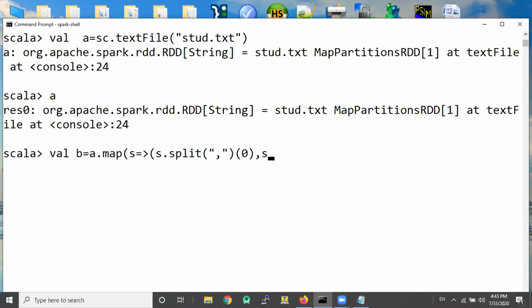We take the individual elements of the string rows and make a tuple out of that.